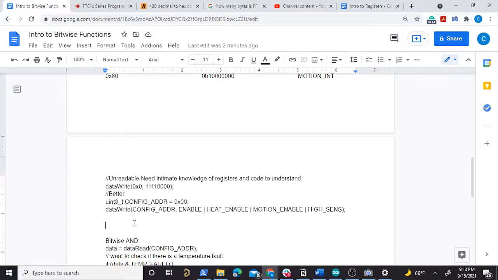which is just binary of 1. Actually, we're going to do this a little bit differently. Let's do this from the back. From high sensitivity, it's going to be binary of 1, 0, 0, 0. And then if we bitwise OR that with the binary of 0, 1, 0, 0, that is motion enable, and then we bitwise OR that with the binary 0, 0, 1, 0, that is heat enable, and finally bitwise OR that with just the enable, what we would get is,